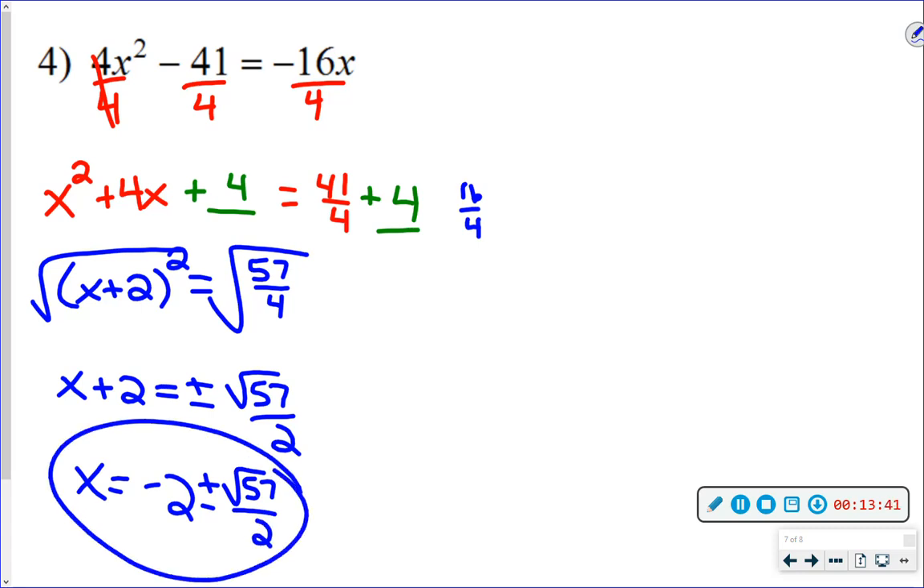Now again, are they all this bad? No, they're not. But you do have some that take some more simplifying. Now, the other